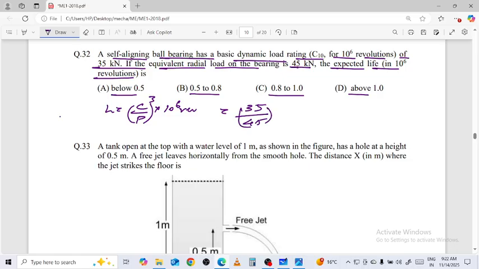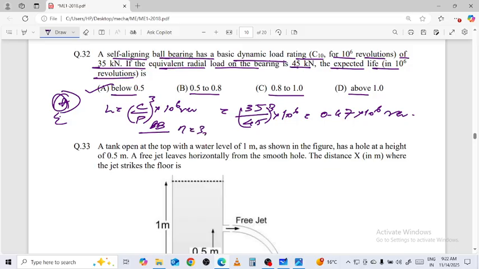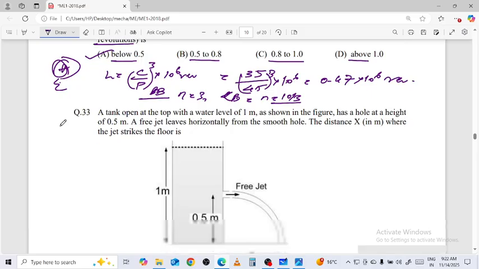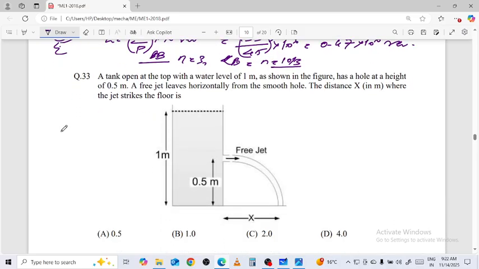यहाँ पे आपका बॉल बेरिंग दिया हुआ है तो हियर 35 अपॉन 45 क्यूब 10 raised to power 6 whose value 0.47 10 raised to 4 revolution। So in a revolution we have below 0.5, alpha is your wise choice for this। ball bearing के लिए n की वैल्यू 3 एंड रूलर बेरिंग के लिए n की वैल्यू 10/3। छोटी चीजें हैं लेकिन याद रहेंगी तो बेहतर रहेगा, है ना।